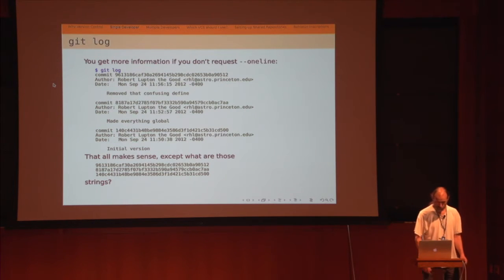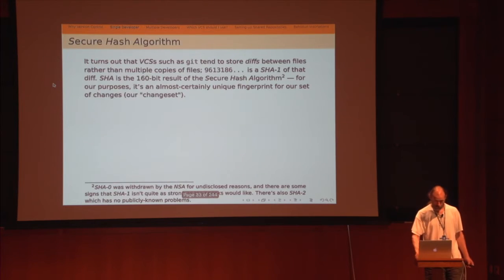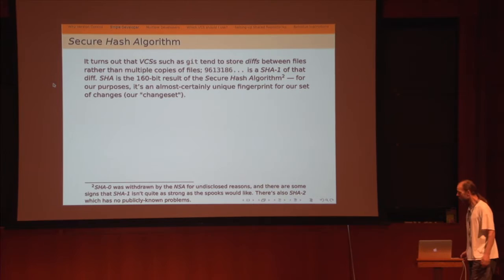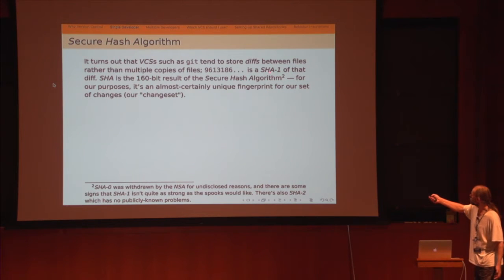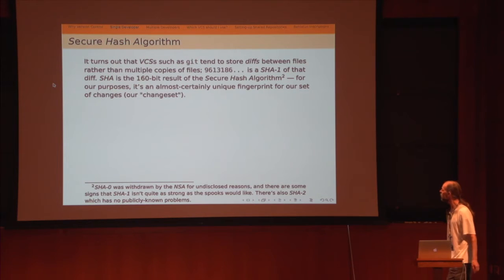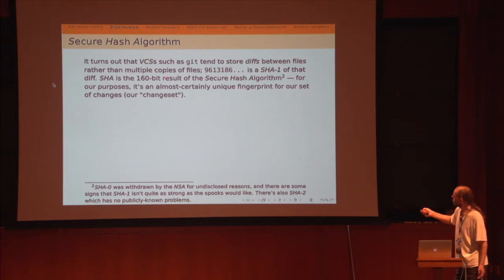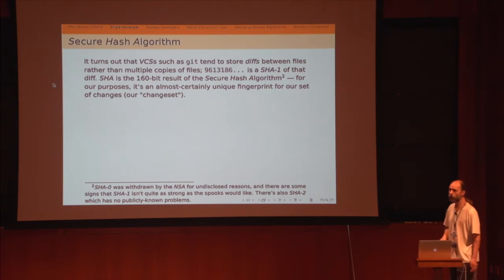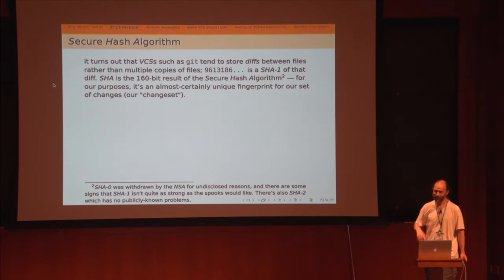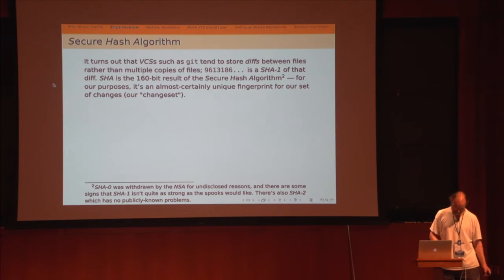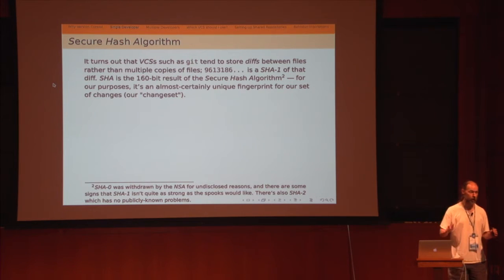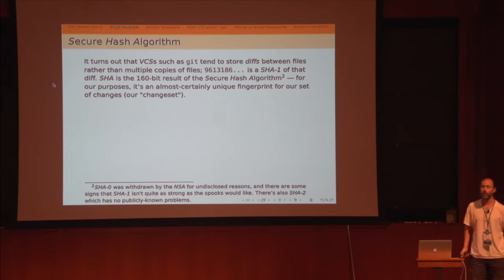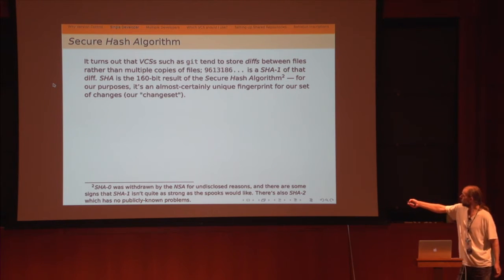There will not be a lecture, there will not be an exam at the end of this class where you're expected to remember those strings, but they are intrinsic to the way that Git works. And they are these things called SHAs, SHA-1s, which stands for Secure Hash Algorithm. It's a very sophisticated acronym. It's 160 bits long, and it's an almost certainly unique fingerprint. If you think about it, there are many fewer than 2 to the 160 nucleons in the observable universe. So you've got a pretty good chance that if you've got 160 bits of checksum, it's going to be unique.